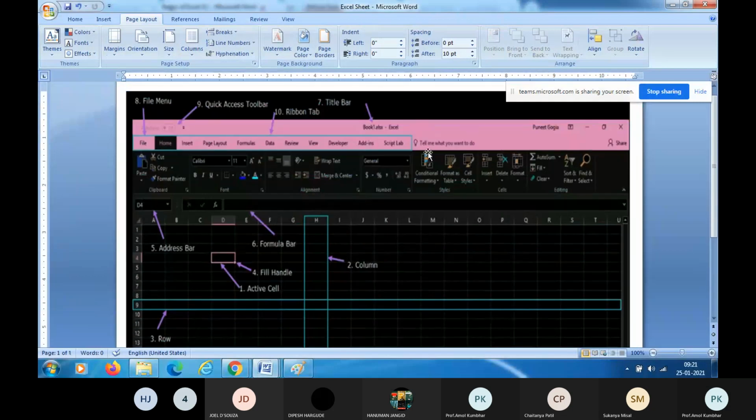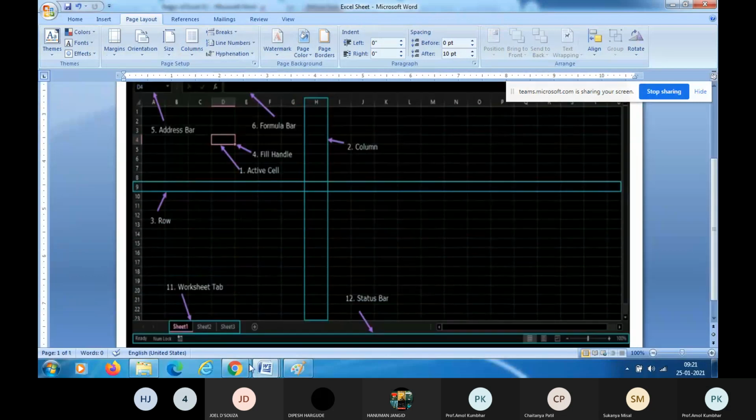In this workbook, we have opened worksheet number 1. Here, look, the worksheet tab is the 11th point, the 11th component of that diagram, right? So sheet number 1, sheet number 2, sheet number 3, sheet number 4. You can add sheets. You can also hide these sheets.